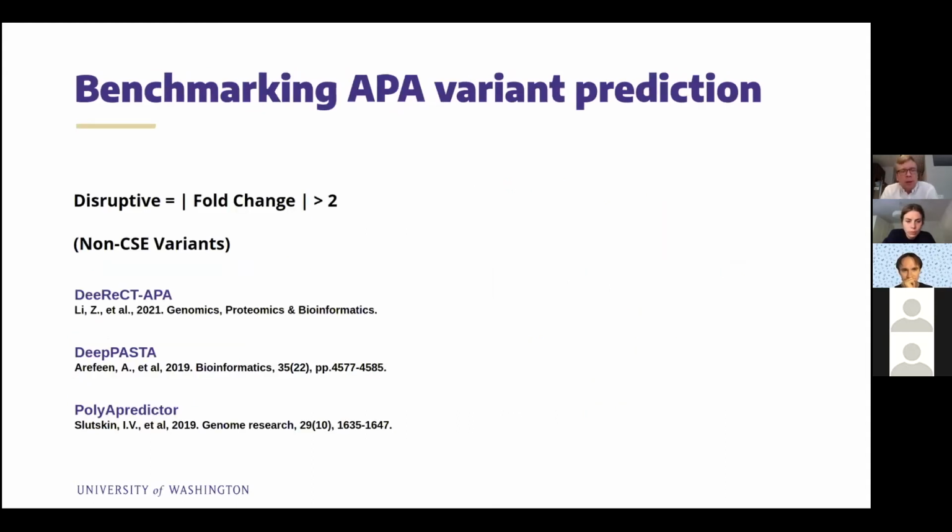And finally, this is not published work, but recently we reevaluated how well APARENT can score variants. In particular, we benchmarked its performance at the task of classifying disruptive APA variants on our data and compared it to other sequence predictive models of APA that have come out either afterwards or during our initial publication. And so here we're looking at the more complex task of classifying disruptive variants outside of this central hexamer, because variants occurring across the central hexamer are quite trivial to classify. So now we're looking at this set of more cryptic APA variants.